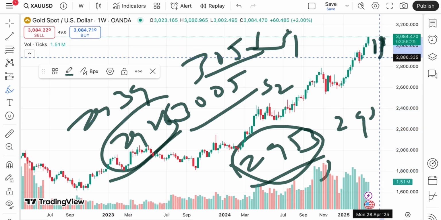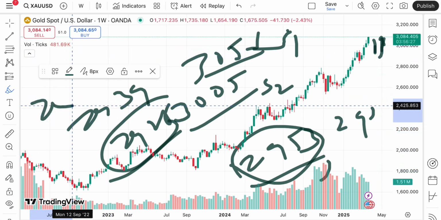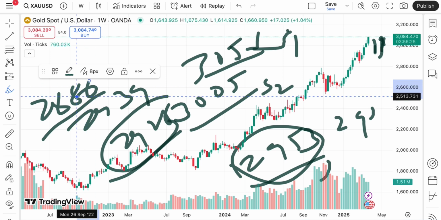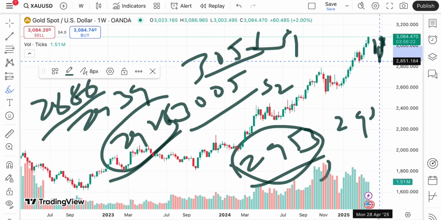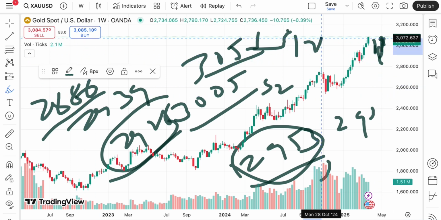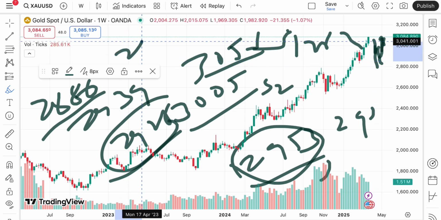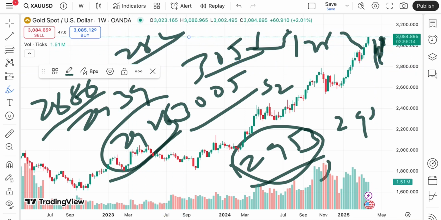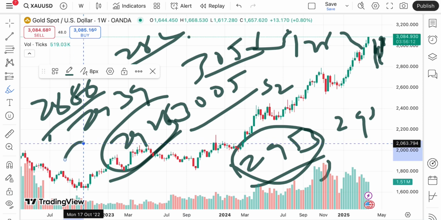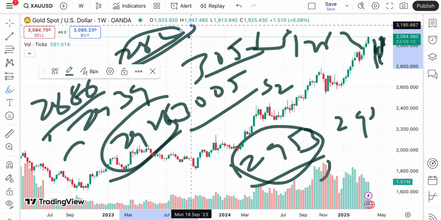And if the price goes below this level, there is a chance of touching $2886. If the price moves below that particular level, we will see it touch a level of $2830. And if the price moves below that level, there is a chance of touching a level of 2800, and then after 2830 we can see level 2800, then it can move further down. So the probability of going further